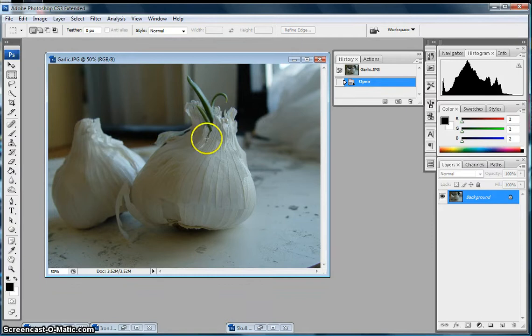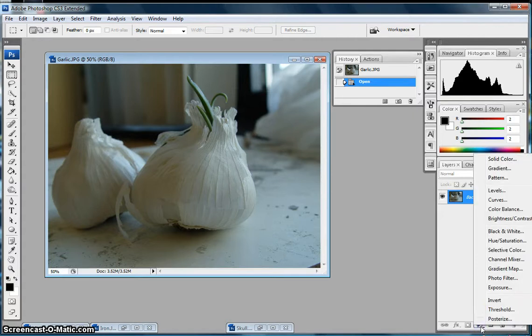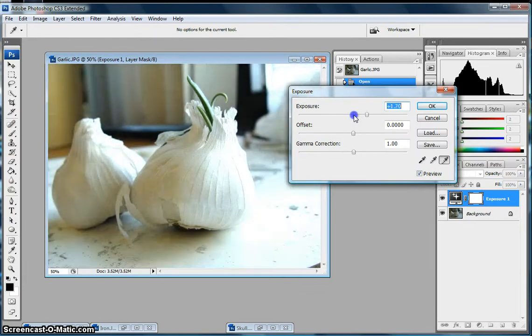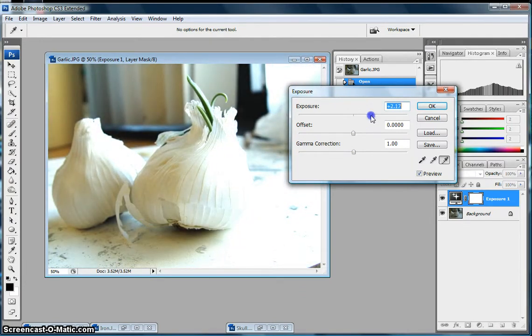Here I've got this image of garlic cloves that we took in the classroom, and I'm just going to click on the black and white circle, which is my image adjustment options, and I'm going to choose exposure. Here, if I move to the right, that's your highlights. Okay, so it's going to kind of overexpose this, making it very, very light. So this would be equivalent to if we had our ISO set really, really high with a lot of